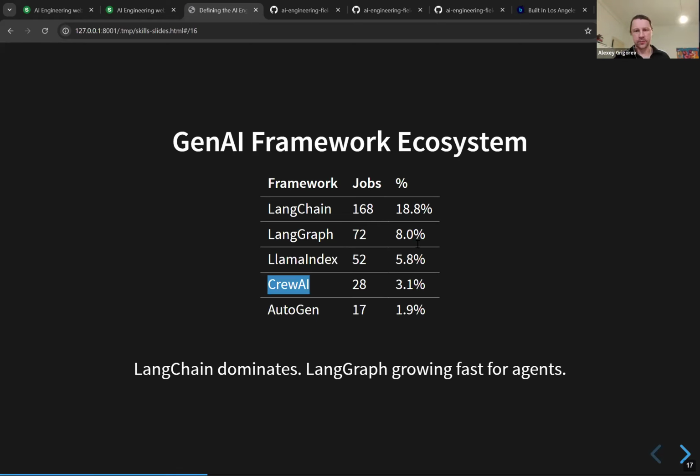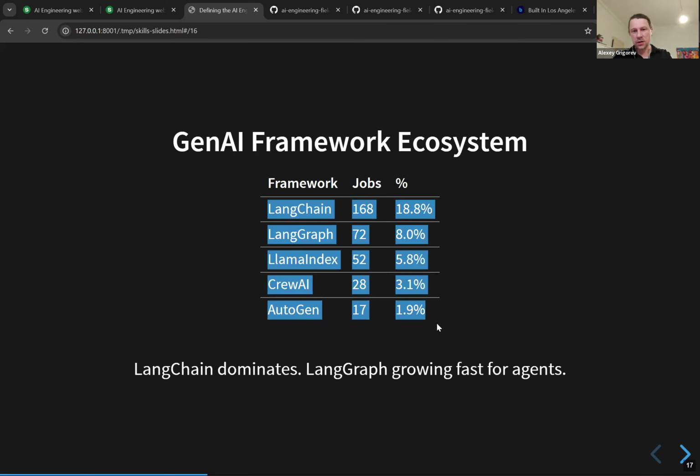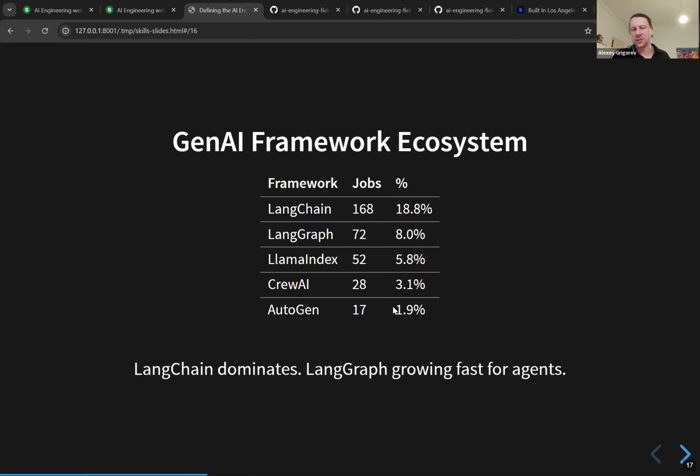But yeah, of course, it doesn't mean that only this amount of companies use LangChain. Maybe somebody just didn't include it. Or there are other frameworks. Like, for example, my favorite framework is Pydantic AI. It's not here, but it doesn't mean it's not popular. So maybe people who use Pydantic AI just thought it doesn't make sense to include this in the description. But from raw data, from what we saw, LangChain is the most popular. But I think many of you already knew that this is the case.